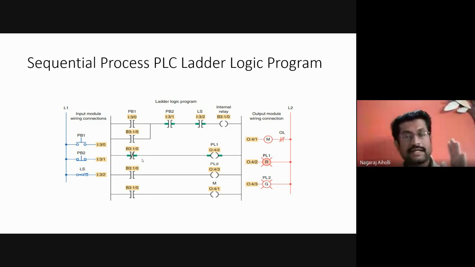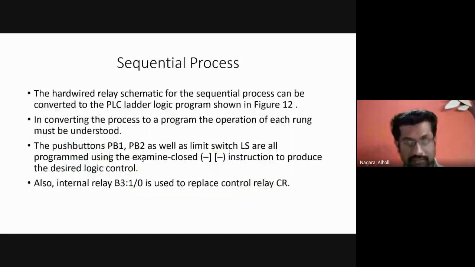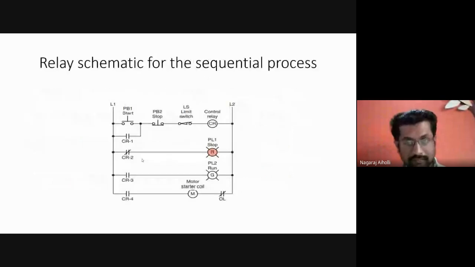For the relay contact, if there are just two bars, and if a cross line comes, you can see here the relay contact. This is normally open, this is normally closed. Similarly for examine if open and examine if closed, if a bar comes, it is examine if open. If there is no bar, it is examine if closed. It is just opposite. Try to remember like this. Relay contact, how is it?